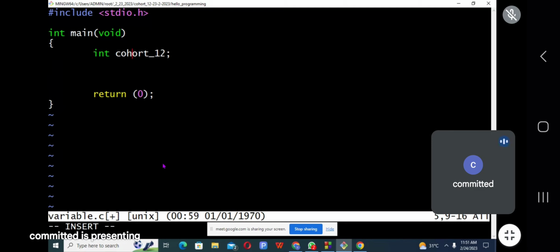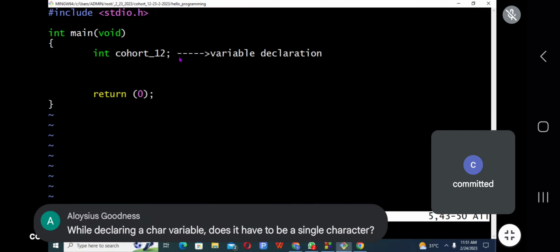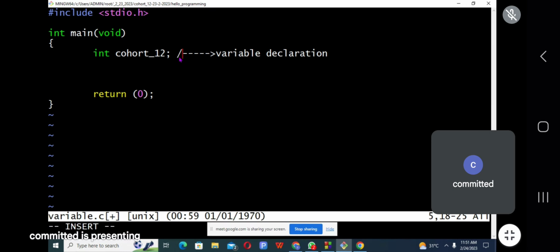Now, how do we assign value to our variable? This one is called variable declaration.